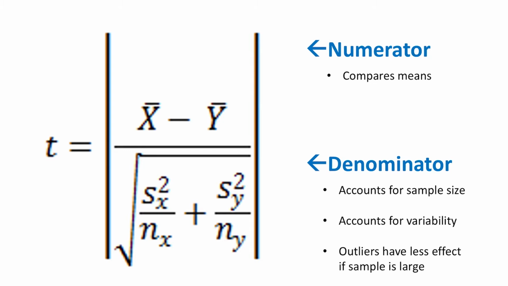The denominator is also going to make it so that outliers have less effect if the sample is large. So what this means is if all of your cockroaches are around somewhere in the 60s and you have some random cockroach that is like 80 millimeters, this is going to make it so it's not as big of a deal. So with the student t-test,